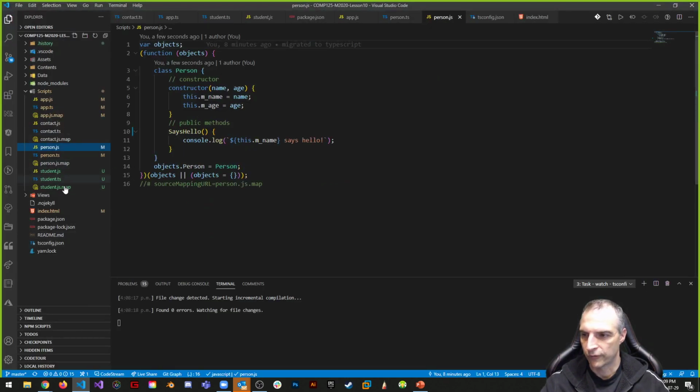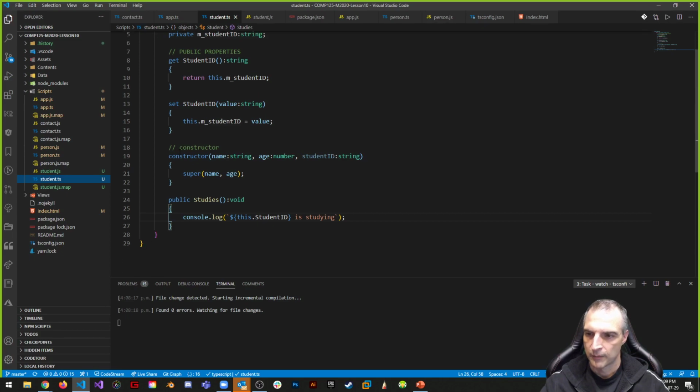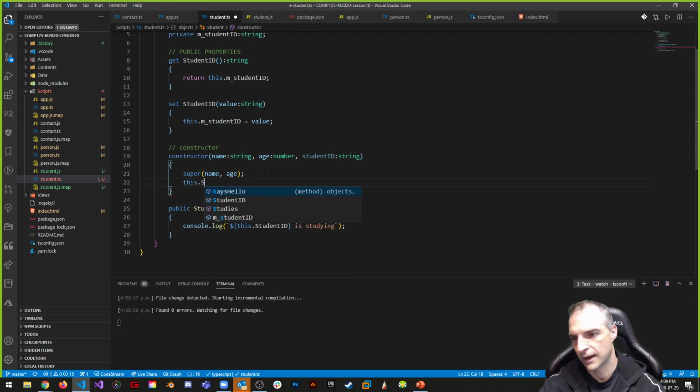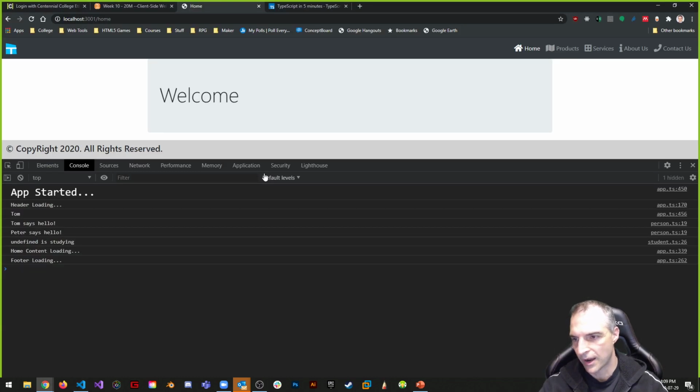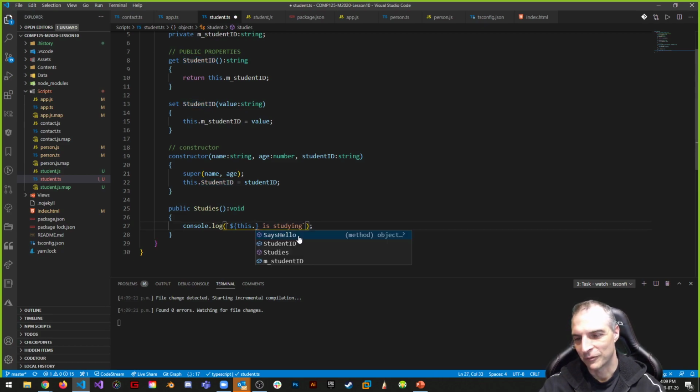So how can we fix this problem? Well, now with the advanced method that we have, we did student ID, but we never actually took student ID in. You can see that this is grayed out. So here we can say that this.studentID is equal to studentID, and now it's going to fix that problem here. Peter says hello. And A123, what the heck? Oh, we went student ID is studying. Sure, okay, but we really meant